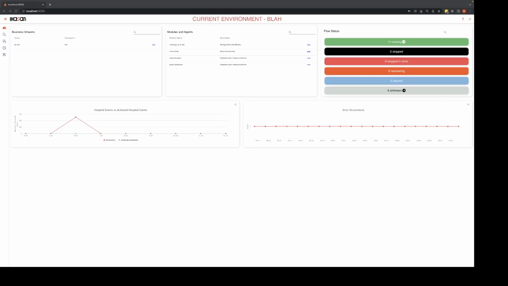I'm a core developer on the Ikasan platform, and today we're going to be looking at the REST APIs that are exposed as part of an Ikasan scheduler agent. In order to access those APIs, the first thing I'm going to do is click on the scheduler icon in the left-hand menu of the Ikasan dashboard,